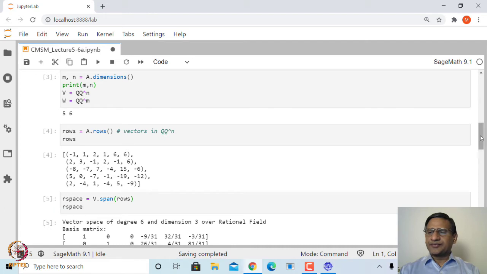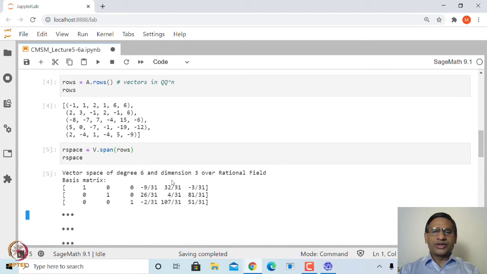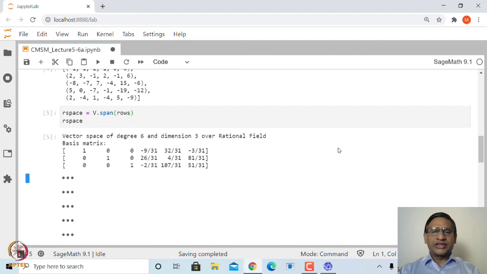That is a subspace of Q^n of degree 6, that means 6 entries, and dimension 3. But we know how to obtain this subspace using RREF.